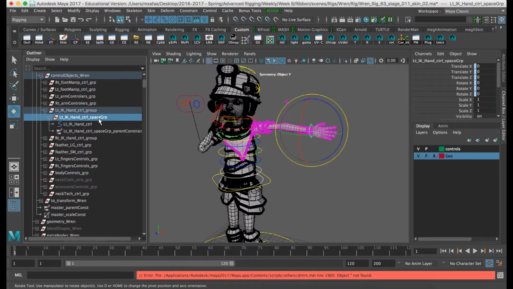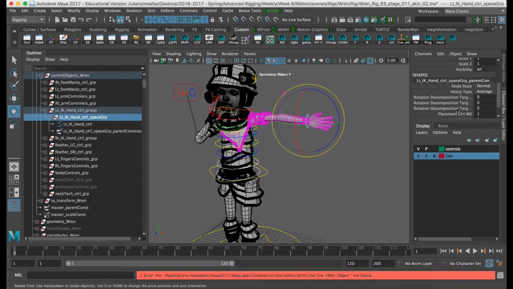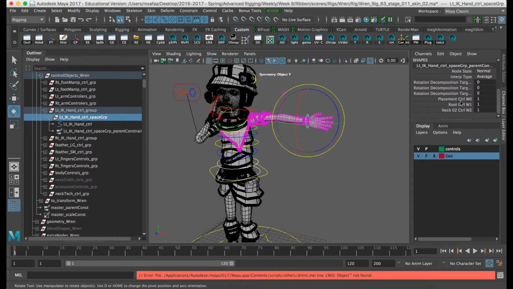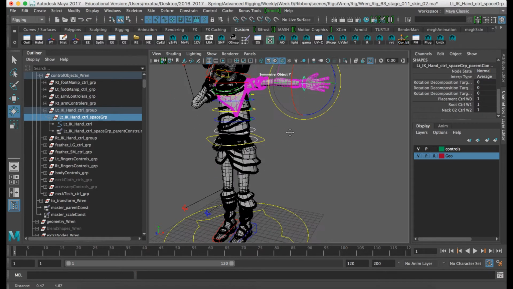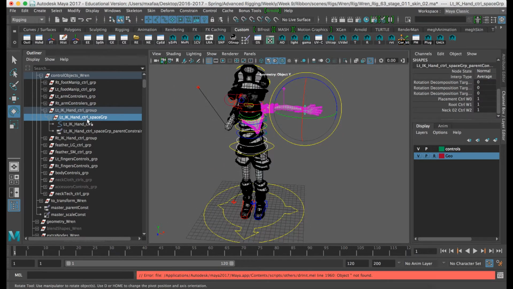So we have a group on top of the controller that is constrained. So I have a constraint here that is having 3 parents attached to it. Look at here. These are the parents. These are the sources of the movements for the parent constraint. And as you can see, I'm having a weight of 1 for all of them. If I am able to control these weights, I'm actually able to have the controller to follow either one of these 3 controllers, right? So rather than going into the parent constraint node and then animating these, I will create